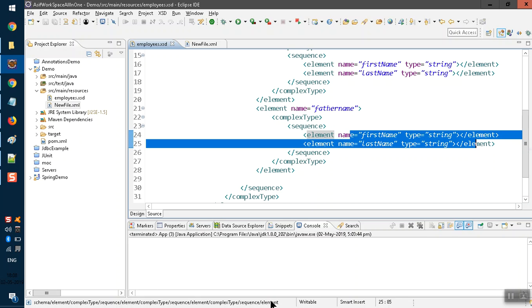We need to make sure elements are not getting repeated. To resolve this, we write complex type separately. We should always write complex type separately, and we can reuse the complex type. So what we need to do is